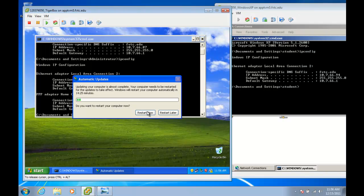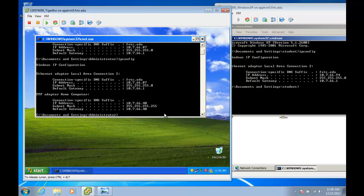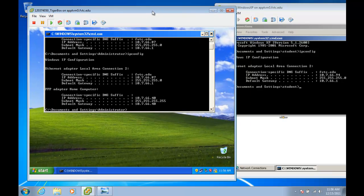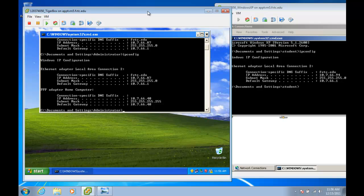The one thing I do want to point out is if you are connected to a VPN, at the end of your session, so for example, when I'm at home, I'll be working on things and it'll be like, oh, I need to do this addition to the program, but I need to get access to maybe my employer's database. So I'll connect to my employer. I will work on my program and connect to the database. So this is just like I am connected at work to my employer's network, and I have access to all of those resources. Now, the one thing that I need to remember is when I'm done, I need to disconnect,